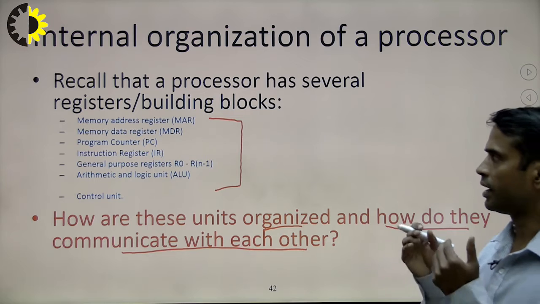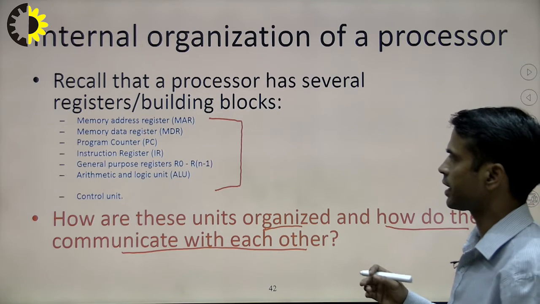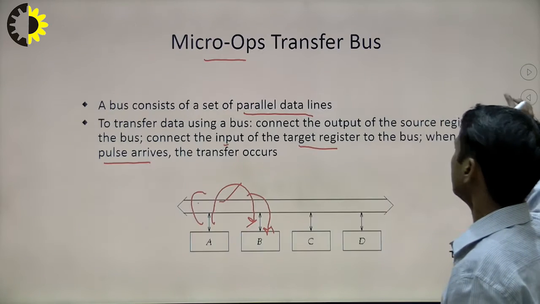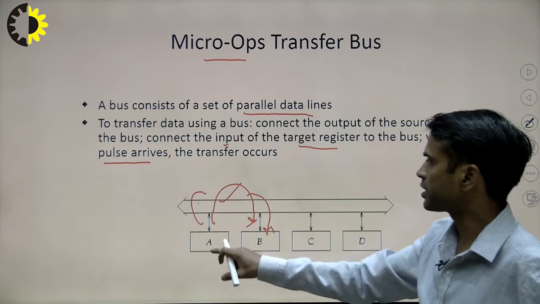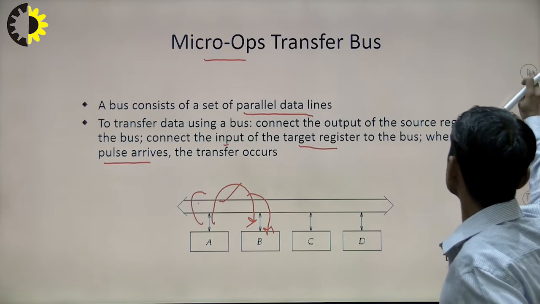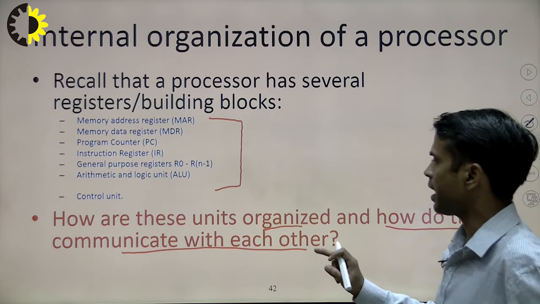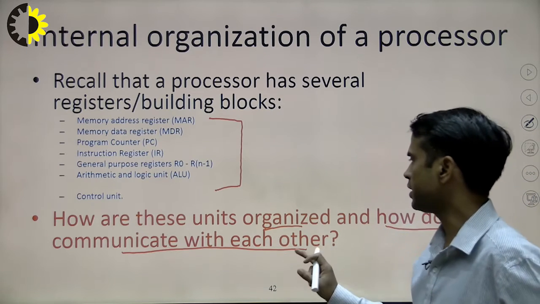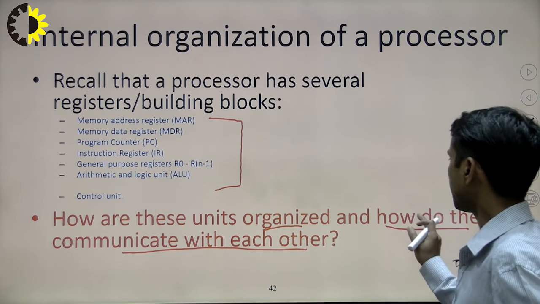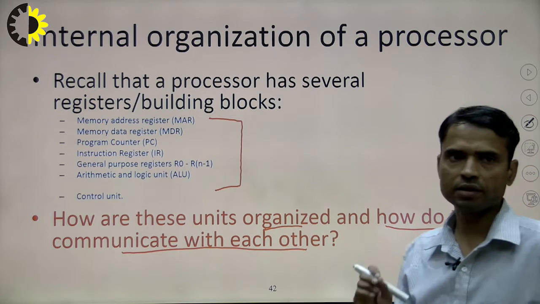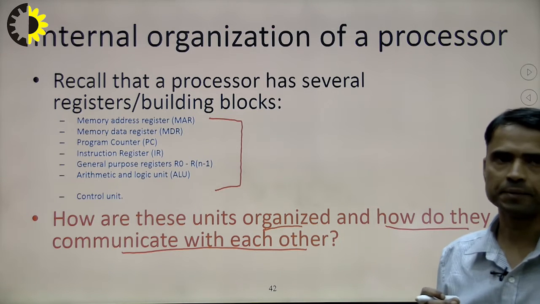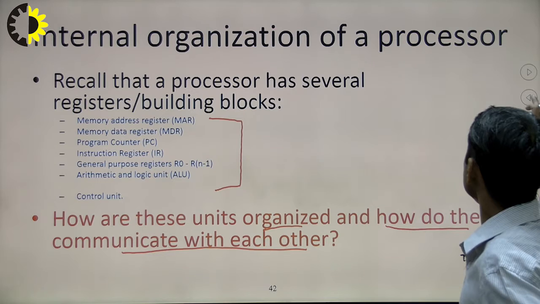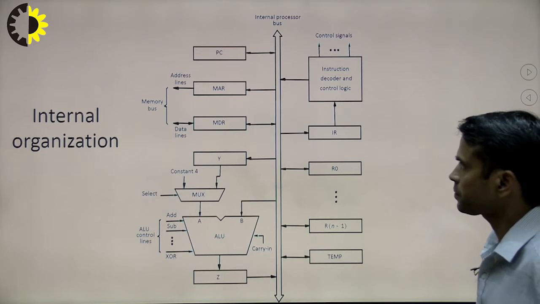If we understand the previous slide, we can easily see that these components have to communicate to exchange data, and the exchange of data is called communication. That has to be done in an organized manner, with some systematic approach to transfer the data. So, let us see how this happens.